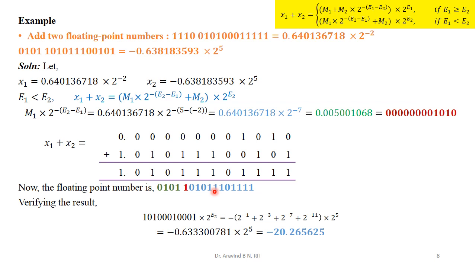Make a cross verification of this. We need to convert this into a decimal representation. How to make the decimal representation of this one? So what we have obtained over here, we are just converting that into decimal as it is. Mantissa part, exponential part we are going to take. So this is the mantissa part and this is the exponential part we are going to have. Right? So take a look at the mantissa representation.